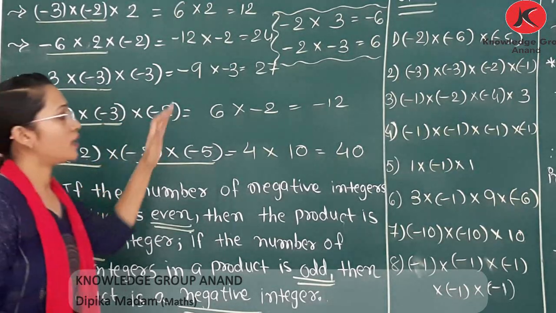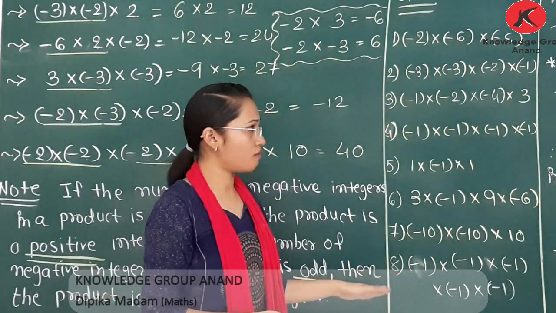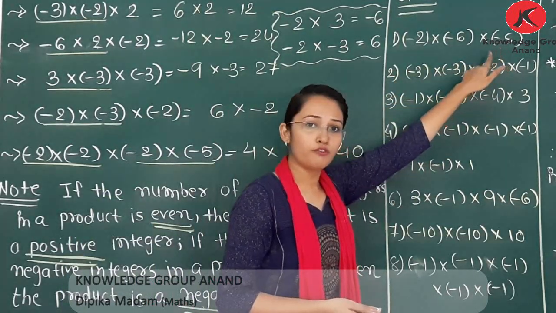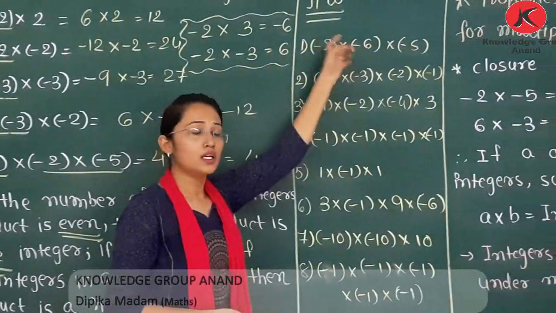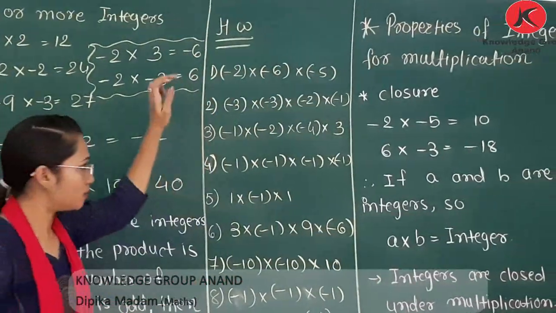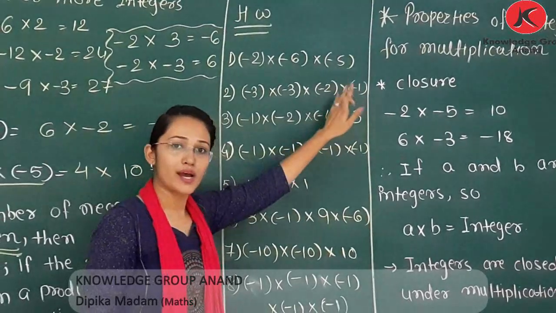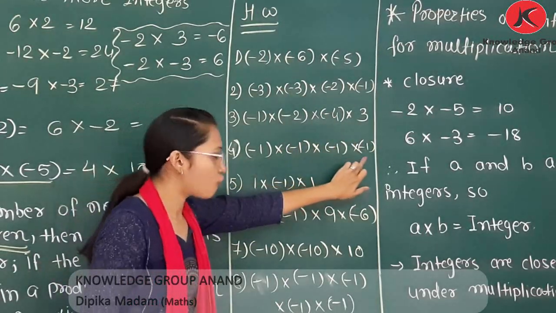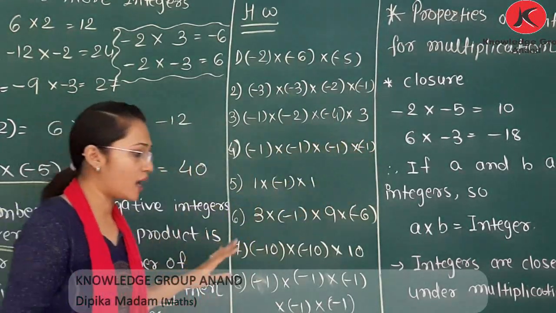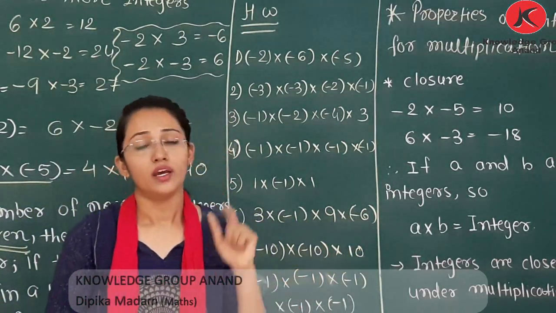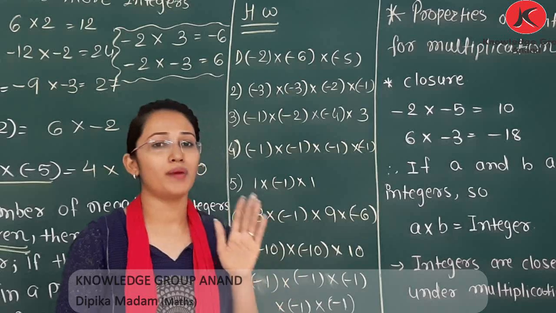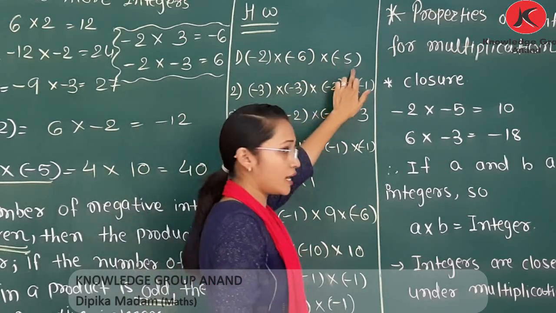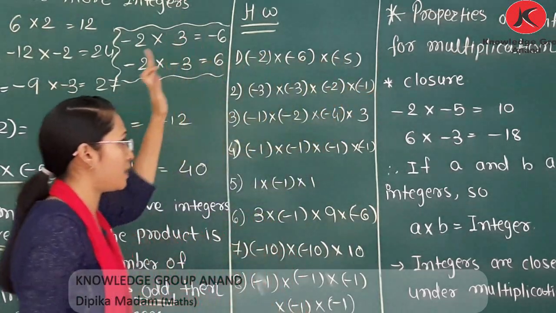Okay, likewise you can perform the numbers that are in the homework. You have to solve these examples in homework. How many negative integers? For the first example, 3. So whatever number comes, the answer will be negative. Here 4 negative numbers, so the answer is positive. Here 3, so the answer is negative. Here 4, the answer is positive. Right, you only have to count how many negative numbers there are. The multiplication of numbers is done the same way as in simple whole numbers. 3 6s are 12, 12 5s are 60. Okay, same you need to multiply for the remaining.